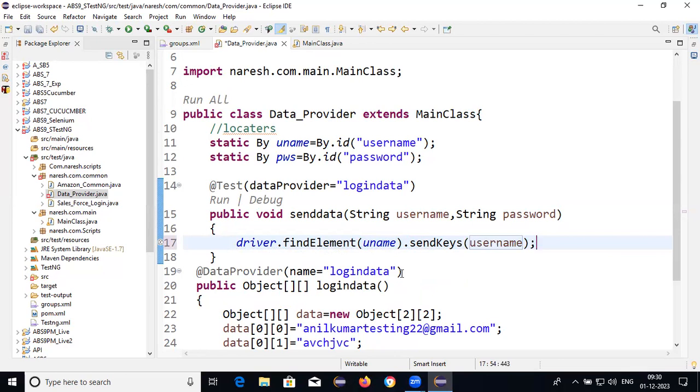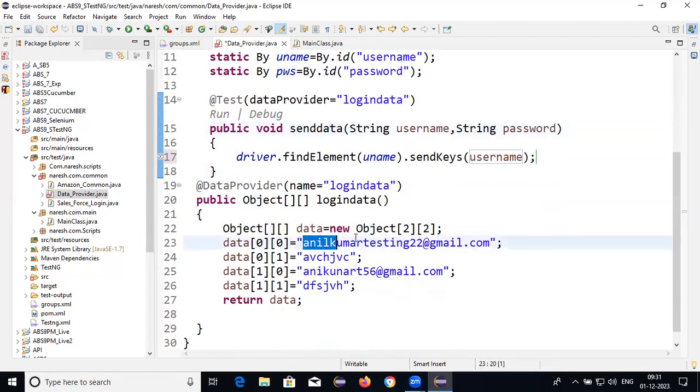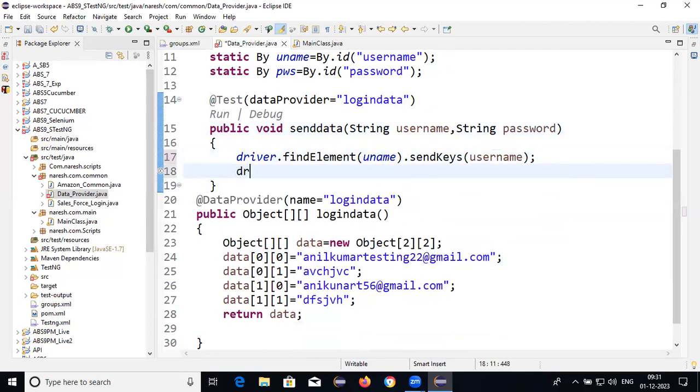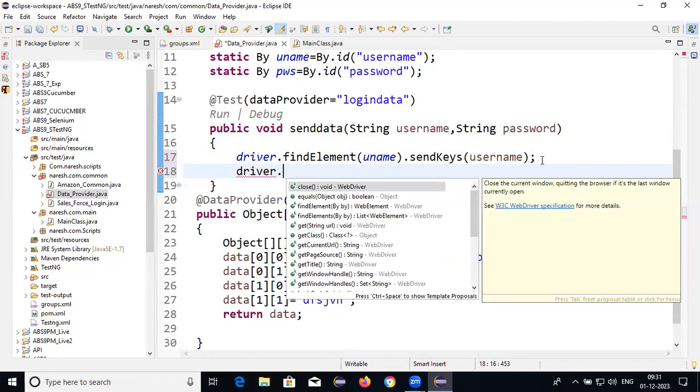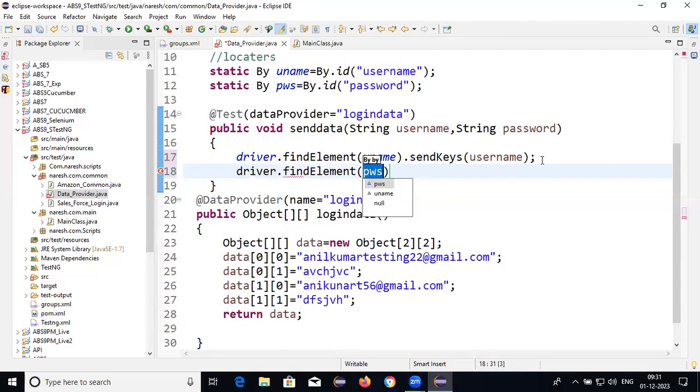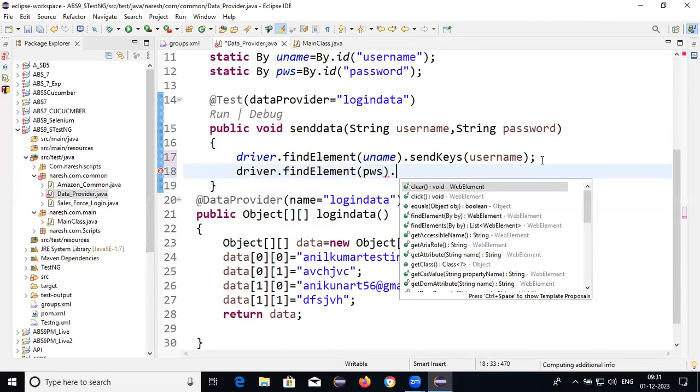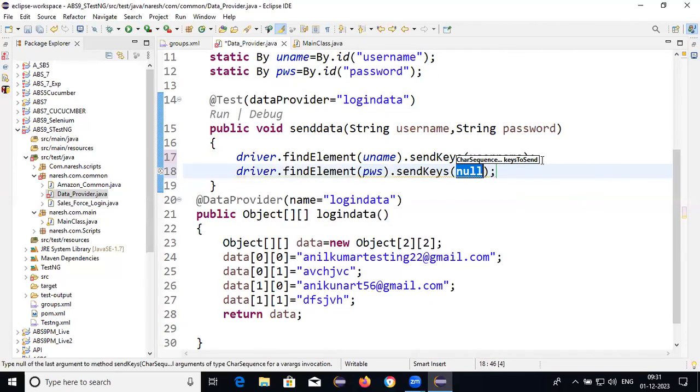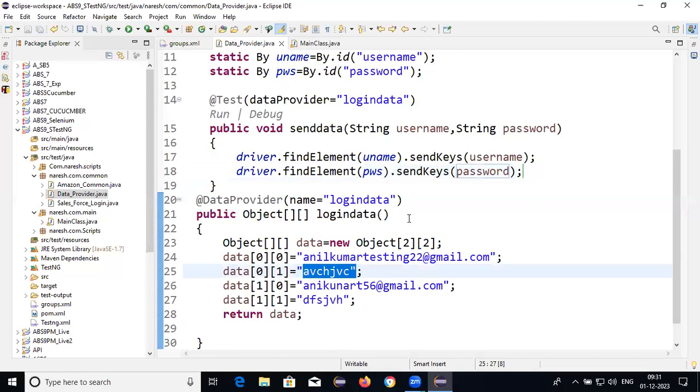When I call the username, the first data will be entered, and driver dot findElement dot sendKeys. We need to provide password. When I use the password, this will be entered. And after that,